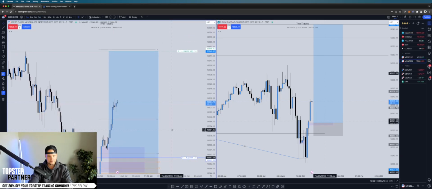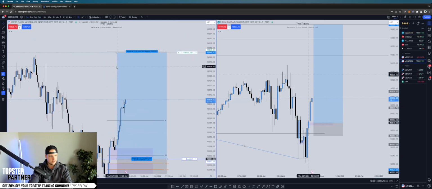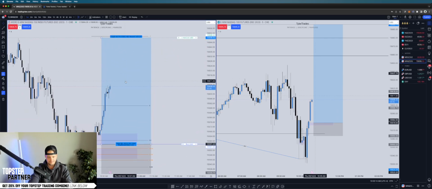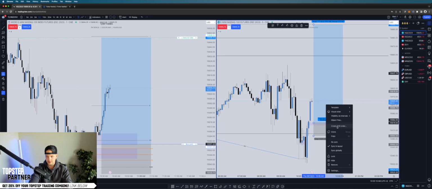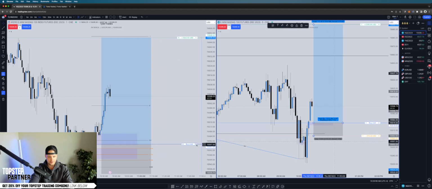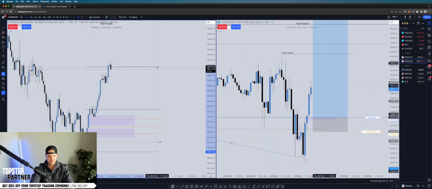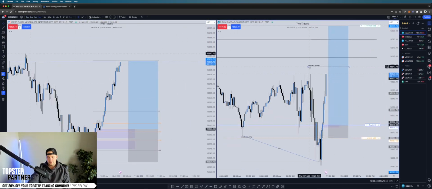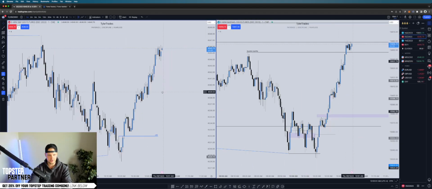Oh my God, my dog's howling again. But yeah, this is where trading can get frustrating in that sense. We're pretty confident where price is looking to go, and then sometimes you have that happen to you. Buy limit set there, guys. I'm going to delete this one over here. You're usually justifying something that isn't really there.